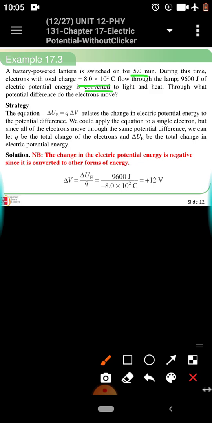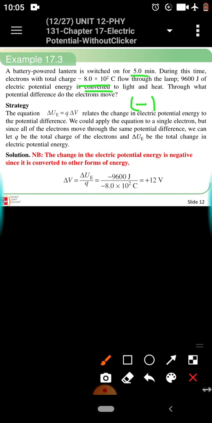I don't want to say lost, because energy is never lost. It's converted, meaning it is taken out or changing into another form. So we'll indicate this using the negative convention. Through what potential difference